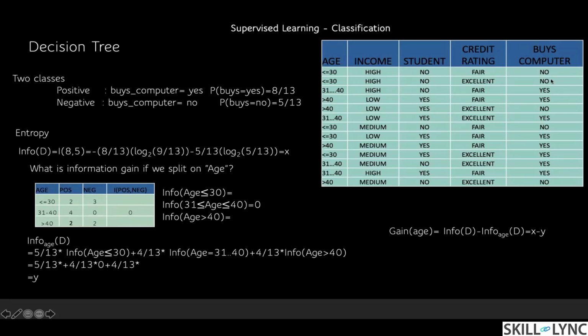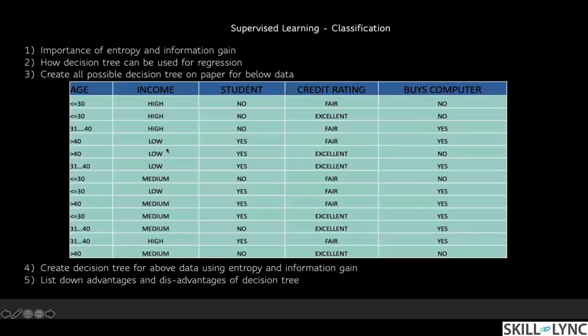We are calculating information of the output using the same formula of entropy: minus the probability of positive events, and in this case it is positive. How many positives do we have? 8. Negatives, 5. So the probability of positive into the logarithm of the probability. So again,